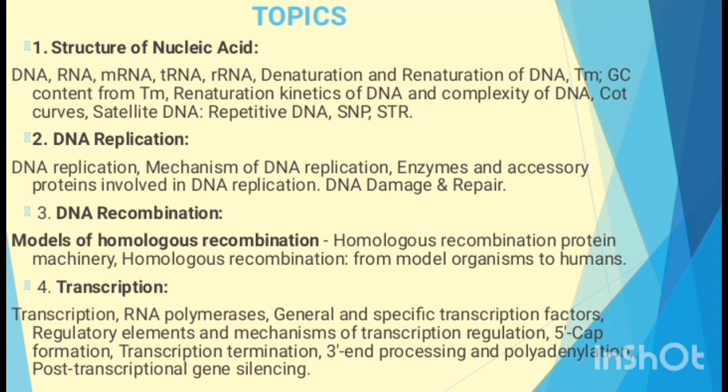Structure of nucleic acid, DNA, RNA, messenger RNA, transfer RNA, ribosomal RNA, denaturation and renaturation of DNA, the Tm, that's the melting temperature, the GC content in relation to the melting temperature, that's the guanine cytosine content in relation to the melting temperature, renaturation kinetics of DNA and complexity of DNA, Cot curves, satellite DNA, repetitive DNA, SNP, that's the single nucleotide polymorphism, STR,